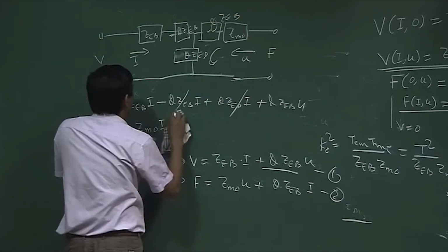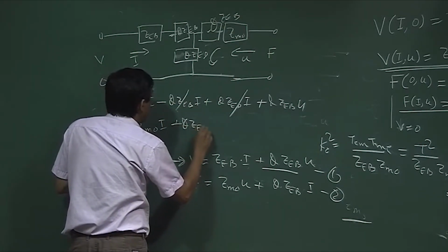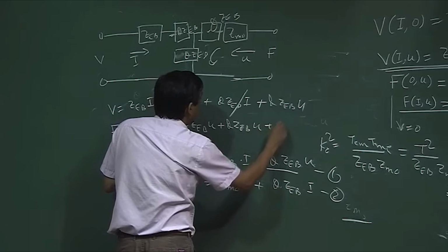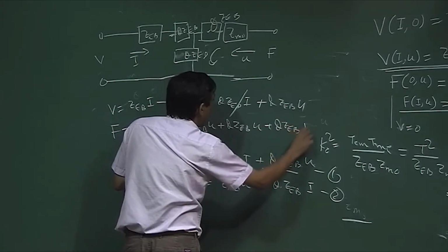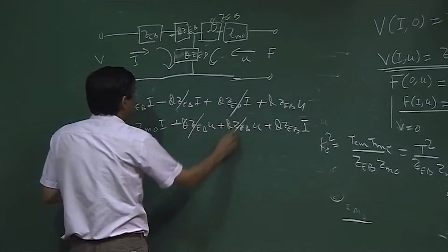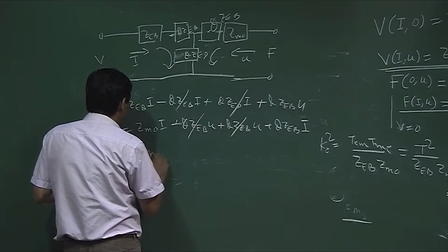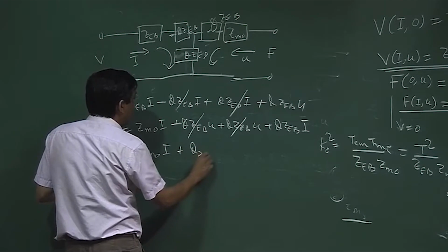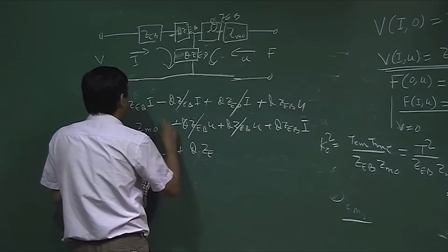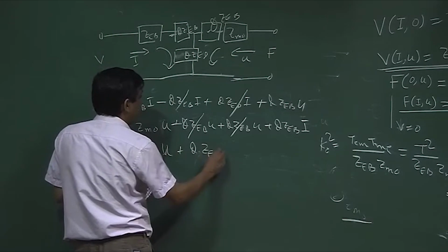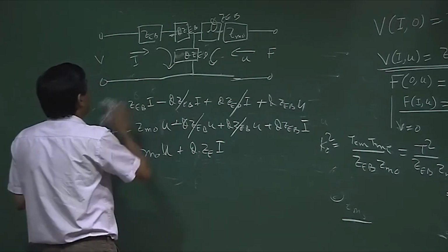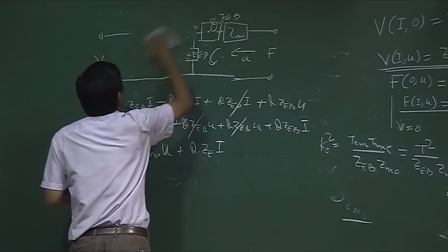So, minus phi ZdB into U plus phi ZdB into I. Current I will be flowing in here. So, I can write this as ZMO into U plus phi ZdB into I. So, that is the standard form. So, the equivalent electrical circuit, let me draw it cleanly, it will be